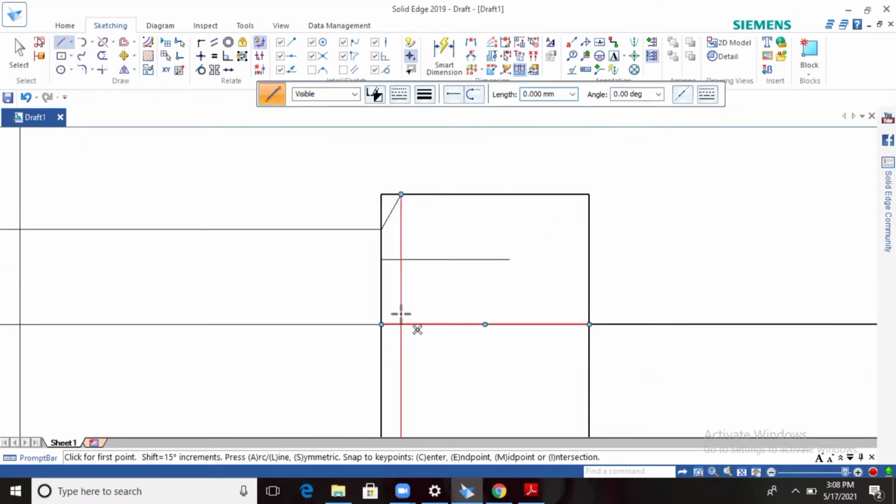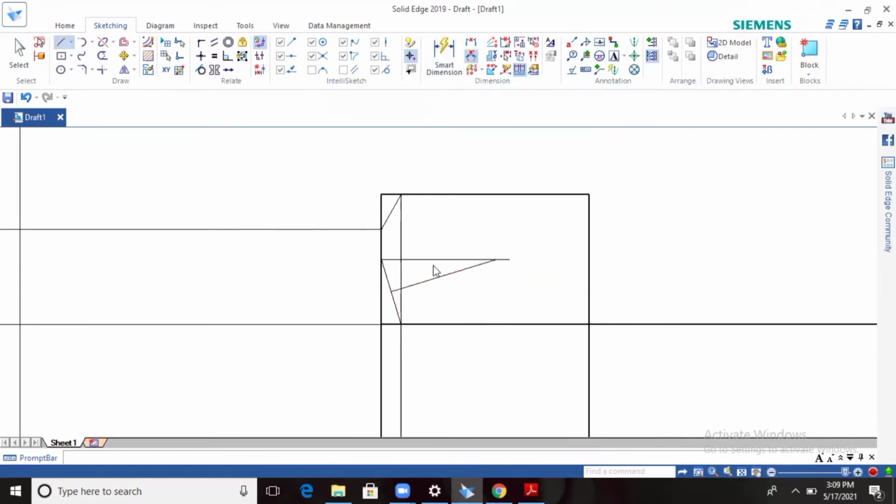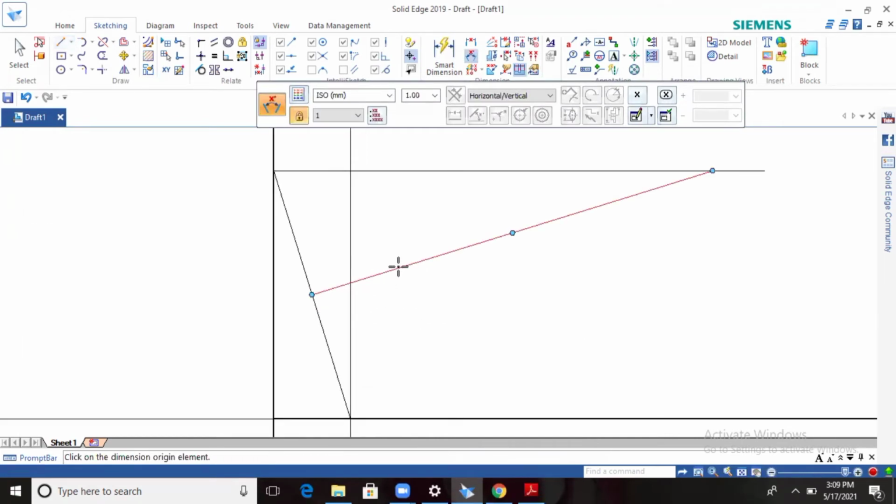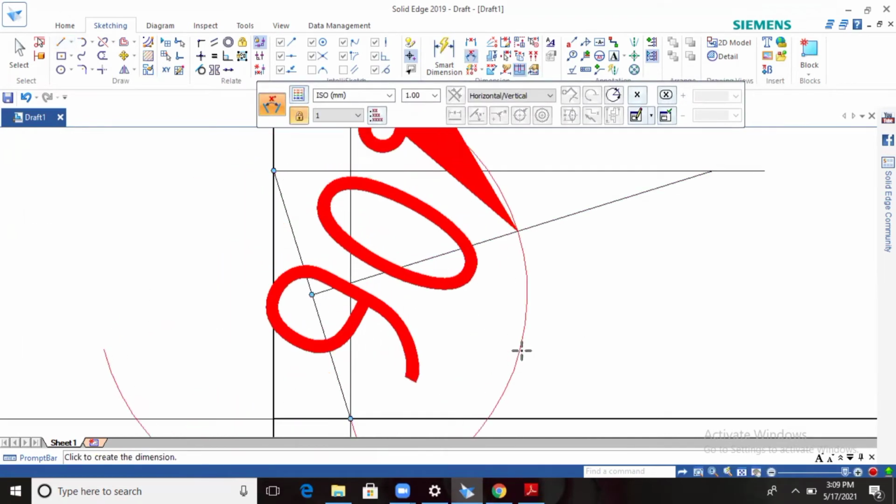So from this point to the center of this line, I'm joining one line. Okay. From the end point to the center of this line, center line, I'm joining here. Okay. So again, according to this line, select the midpoint, which is already shown. From the midpoint, you have to draw the vertical, that is, perpendicular line. Perpendicular line to the one we are projecting here. Okay, perpendicular means 90 degrees. So check this one. From this line to this line, it is 90 degree.